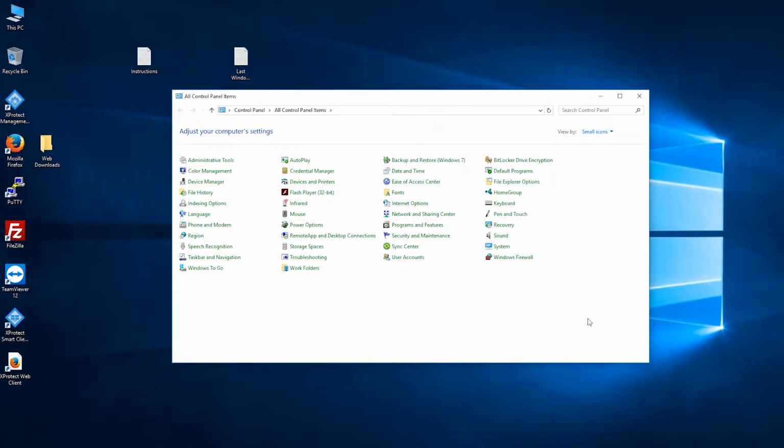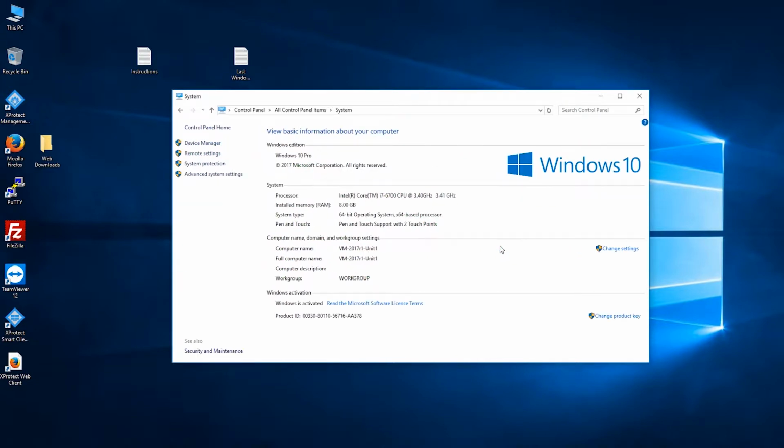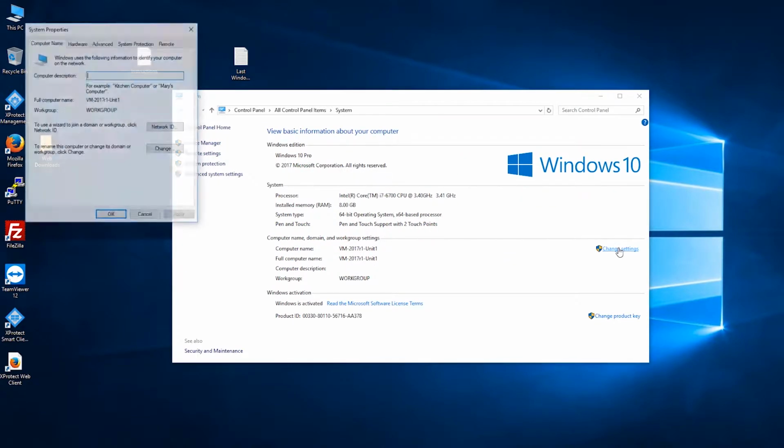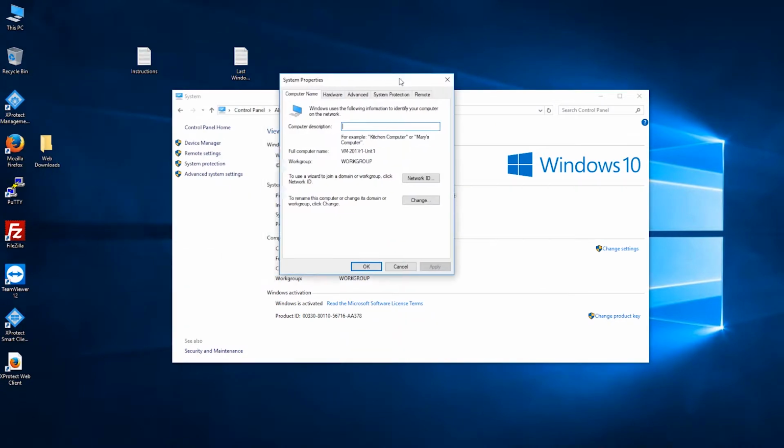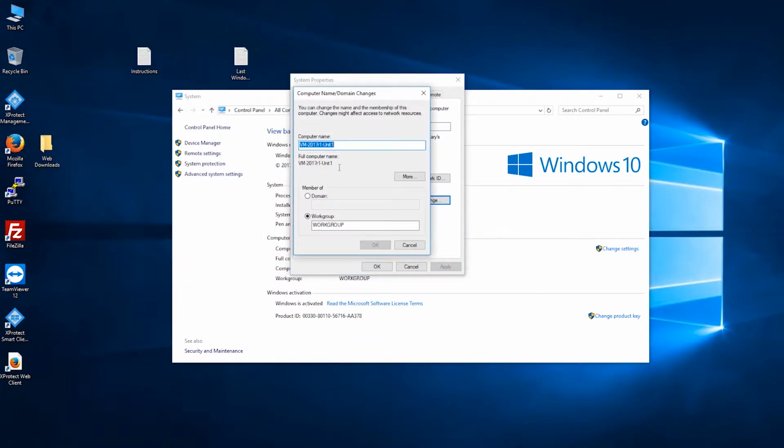Now is also a good time to click on System and check the name of your PC. See that it makes sense and change it if you wish to. The computer name should not be changed once the Milestone software is installed. Doing so after the installation will cause problems with the software functioning correctly, requiring additional effort to correct.